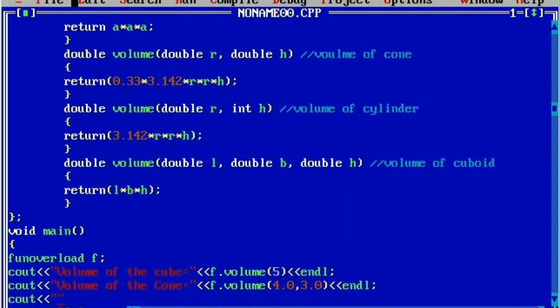Cout. Next we'll write here volume of the cylinder equal to, and with the help of the object we will call the volume function, and inside the round braces we are going to pass the arguments.